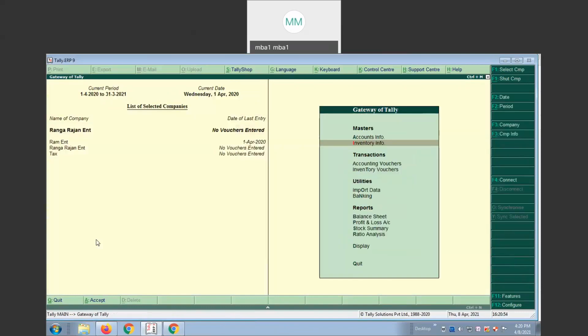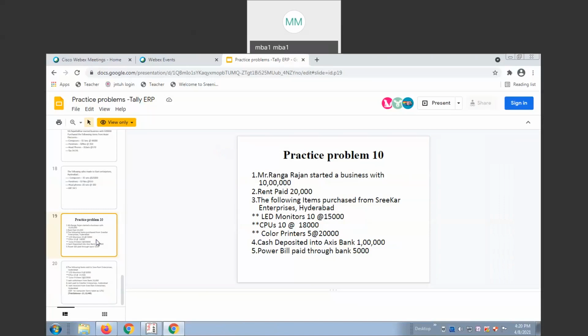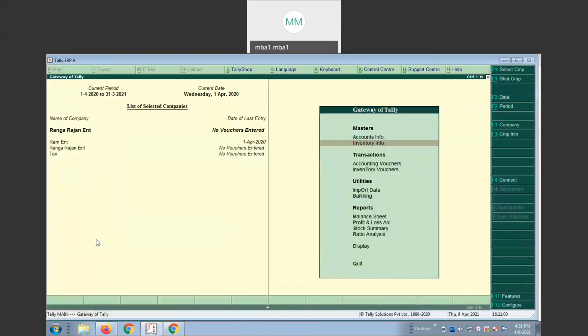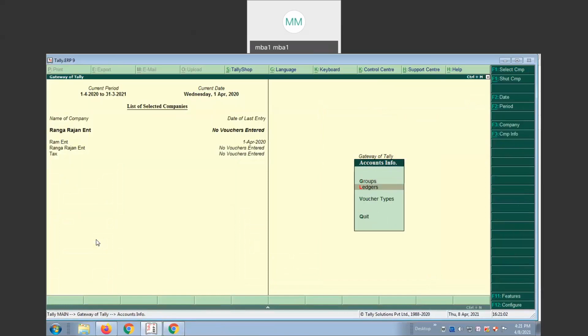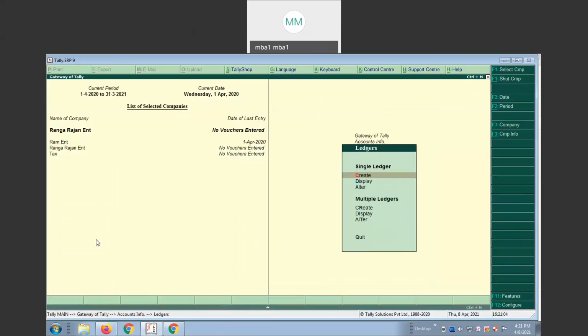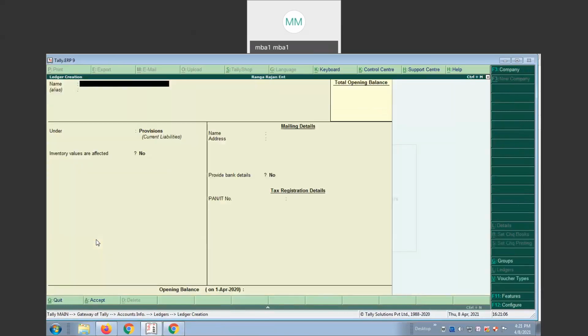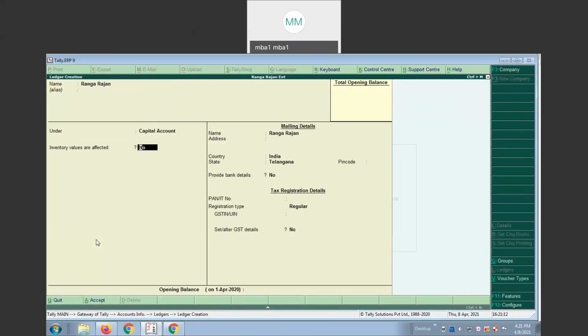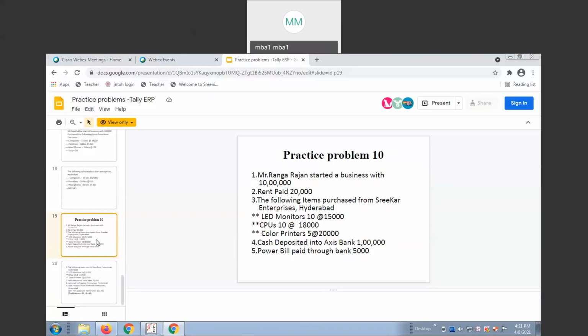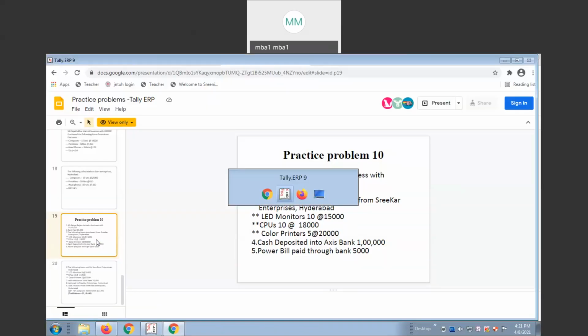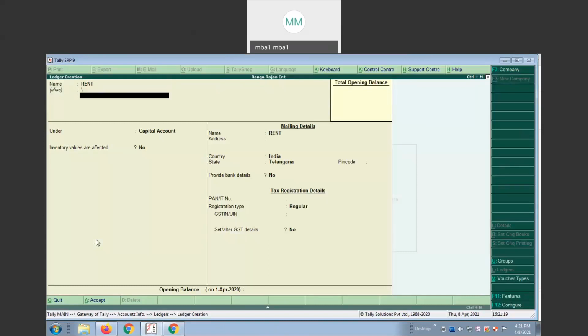Then after creating the stock items, create ledgers. First go to accounting info, create ledgers. I request you to do it in a single ledger only. Rangarajan comes under capital account. Then rent paid, indirect expense.